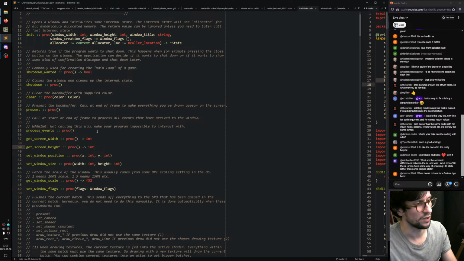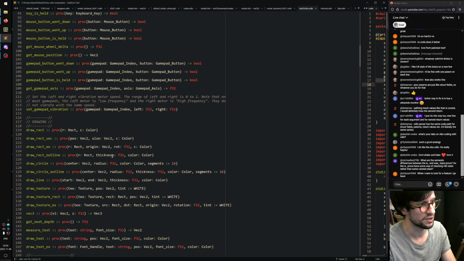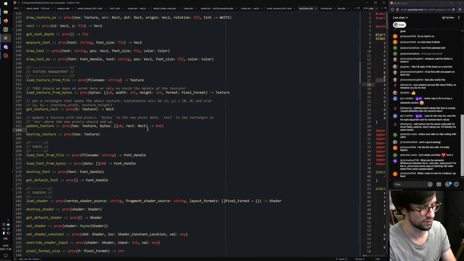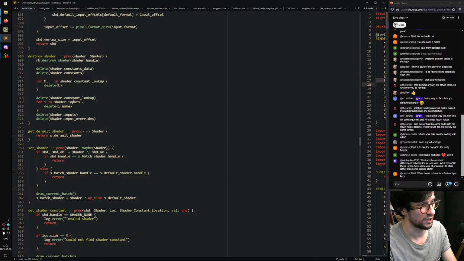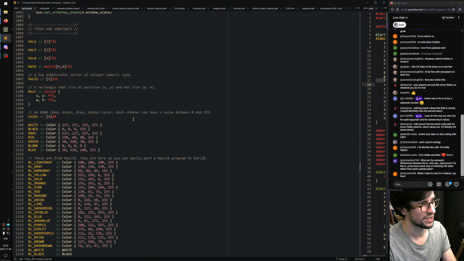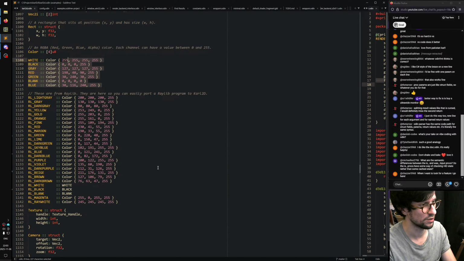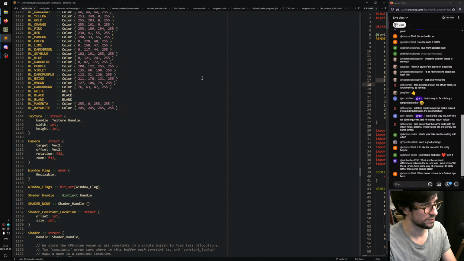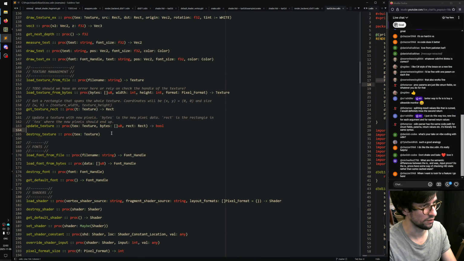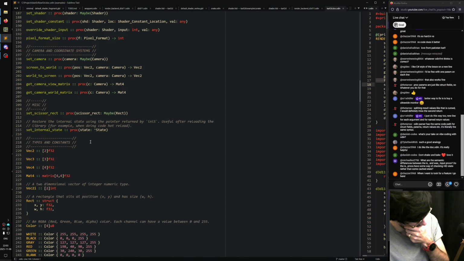So when you want to see how something works, what's available, you look in here, and this is generated just from this file, but without the bodies of the procedures. And the way I do it is I also scan for it. Here's raylib. I put the raylib colors in. I have my own colors here, but I put the RL colors in just so you can easily port raylib programs. Anyways, if we look inside here come all the procedure signatures, and then